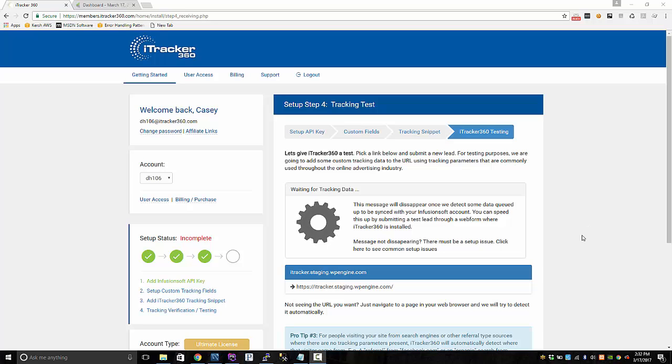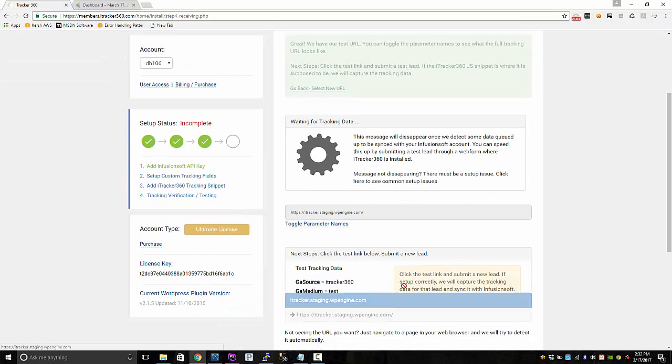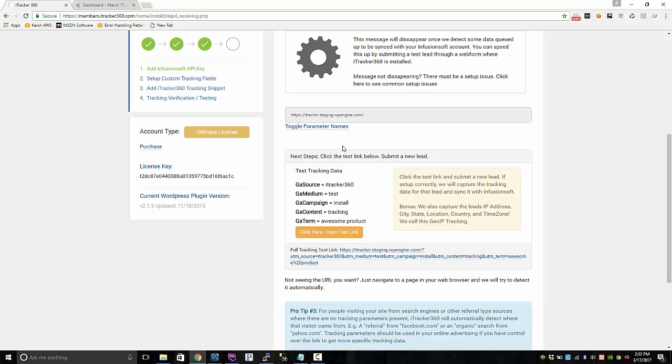So at this point, we need to give iTracker 360 a test. We need to find a page where you're actually running our JavaScript code, and it looks like we found this page whenever we activated the WordPress plugin. But what we're going to do is click on this link, and we are going to build